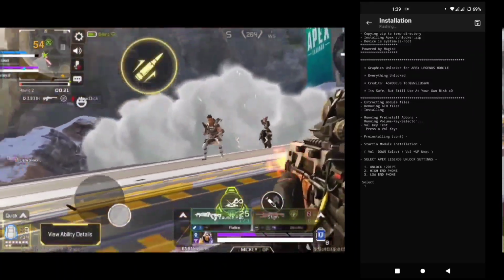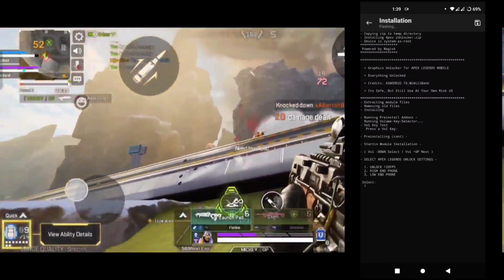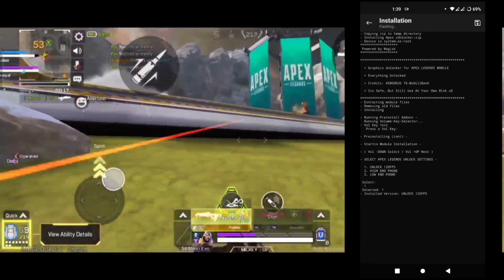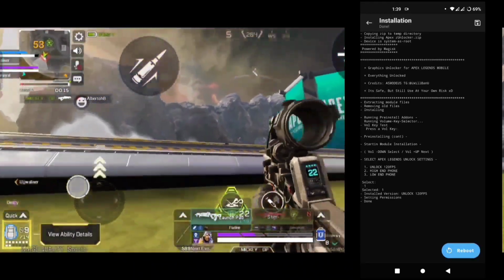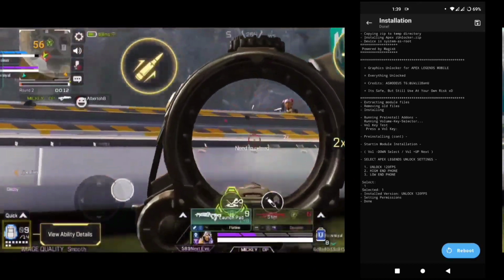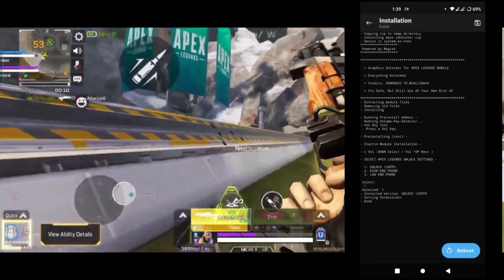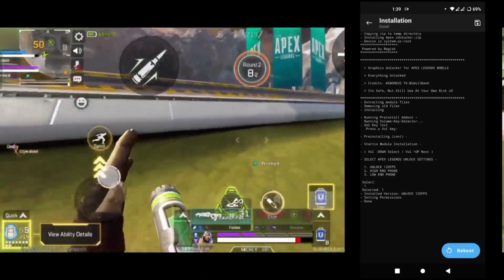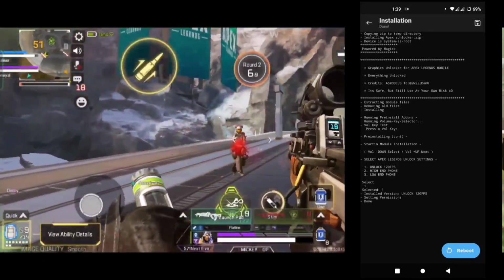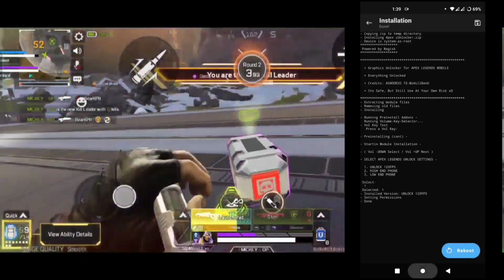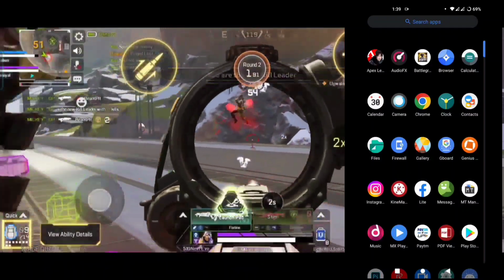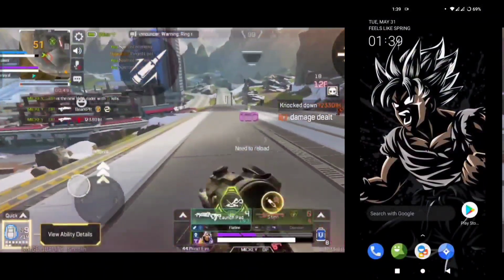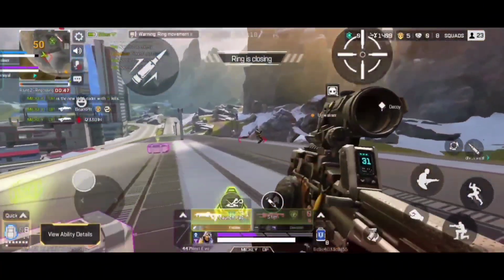Now press any volume key for the volume test. Then you can see the other options to enable 120 FPS, and the first option is for 120 FPS. To select the 120 FPS option, just press the volume down key and the process will start and the module will install successfully. Now close the Magisk app from recent and open the game. And if this method does not work for you, then you can try the second method.